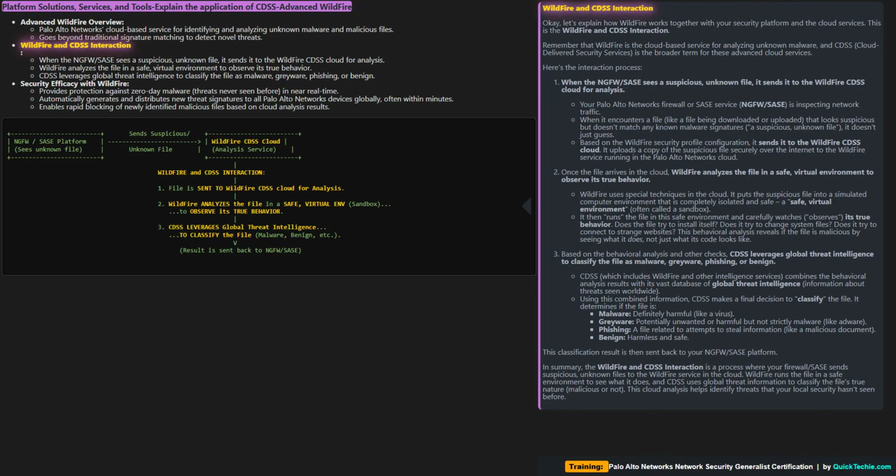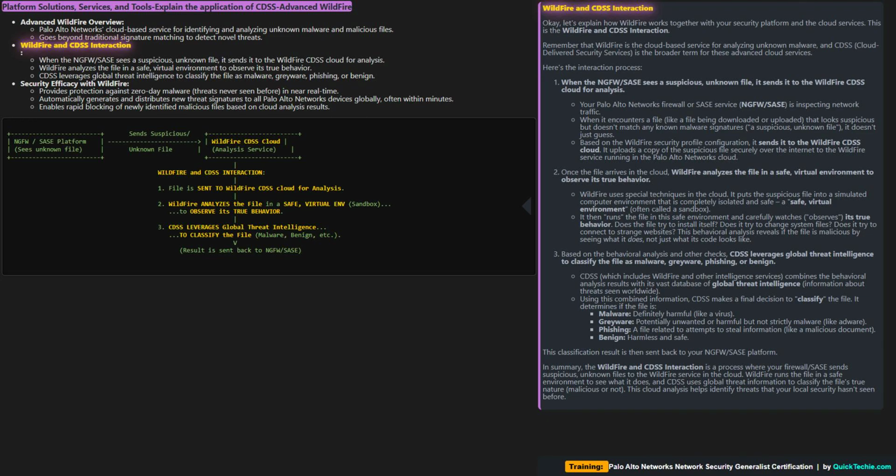It puts the suspicious file into a simulated computer environment that is completely isolated and safe, a safe, virtual environment, often called a sandbox. It then runs the file in this safe environment and carefully watches, observes, its true behavior. Does the file try to install itself? Does it try to change system files? Does it try to connect to strange websites? This behavioral analysis reveals if the file is malicious by seeing what it does, not just what its code looks